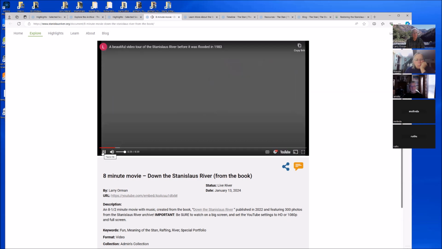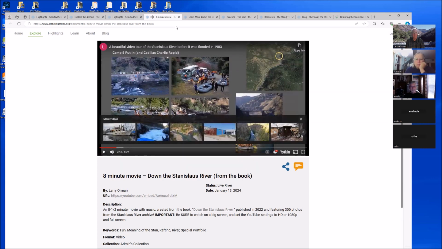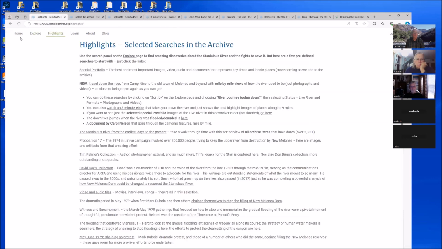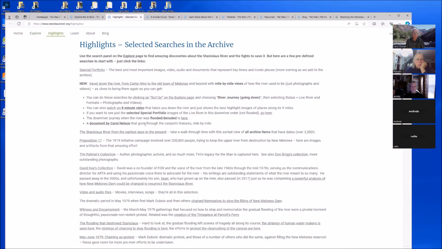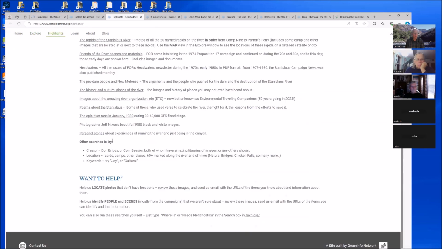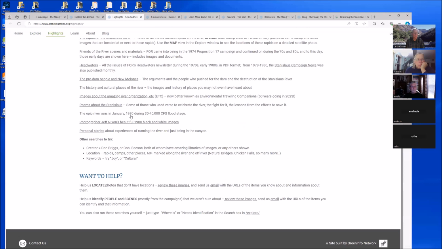So we're not gonna play that, but it's a good way to remember the good things of what was on the river. Now, the pieces that I did want to call your attention to off this homepage are the highlights page, which if you haven't ever used it, it's just great. There are 25 or 30 preset searches that allow you to kind of pick these subjects. The epic runs in January 1980 when the river hit 30 or 40,000, poems about the Stanislaus, all the Pro-Dam people, Headwaters magazine,